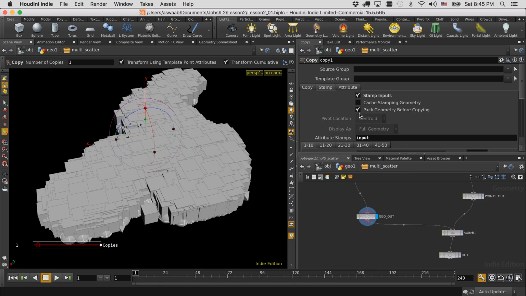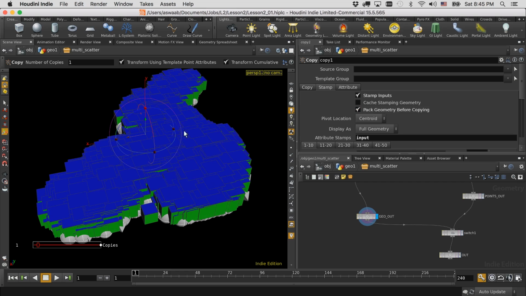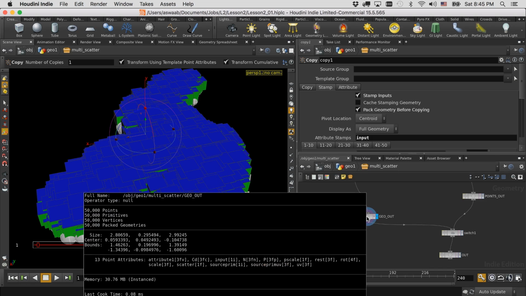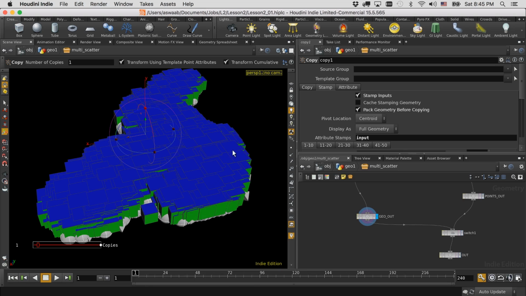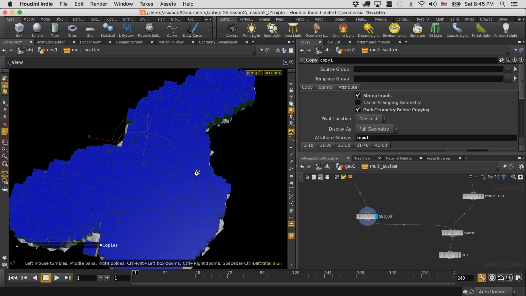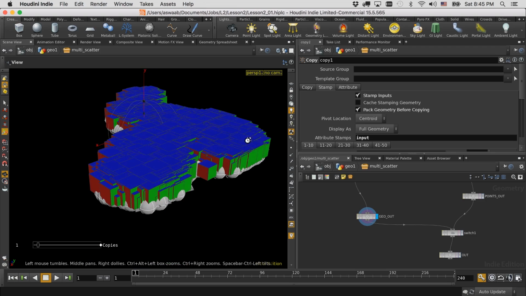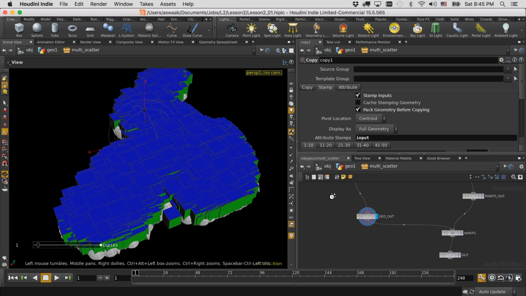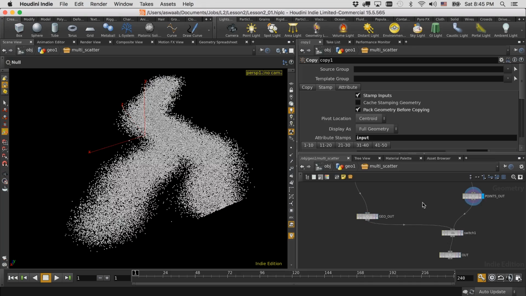If I turn on pack geometry before copying, it essentially is going to turn this into an instance. So when it's an instance, you can't actually go and change the internal points or attributes that are part of the geometry. You can see that color overrides don't work here, but transformations like scale and rotation do. And our memory is a bit less as well. Now I'm still not really able to move around the viewport very well here. But that's why we can also use a view mode, so that I can just view points if I want,